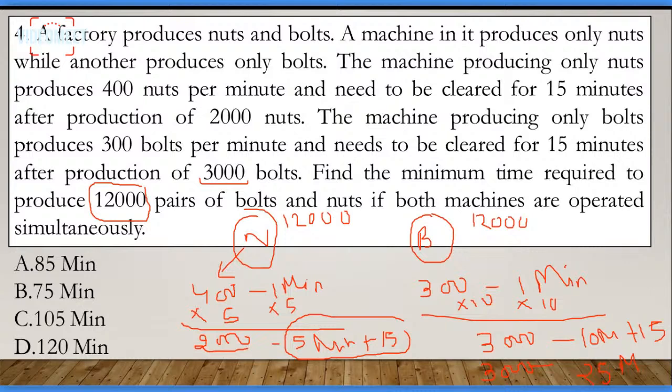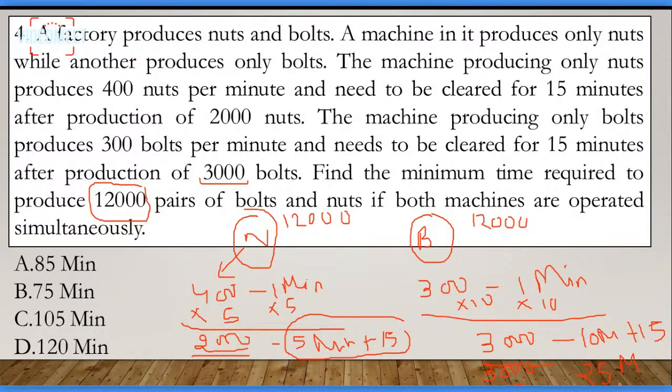Yes or no? One pair contains one nut and one bolt. Yes, yes, yes. Yes, Garvit. One pair contains one nut and one bolt. Similarly, 12,000 pairs contain 12,000 nuts and 12,000 bolts. Fine. Garvit, is it clear? There are two. If you want to produce 2000 nuts, it requires 20 minutes, and for 3000 bolts, it requires